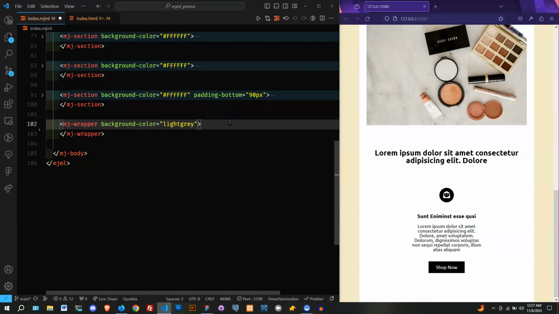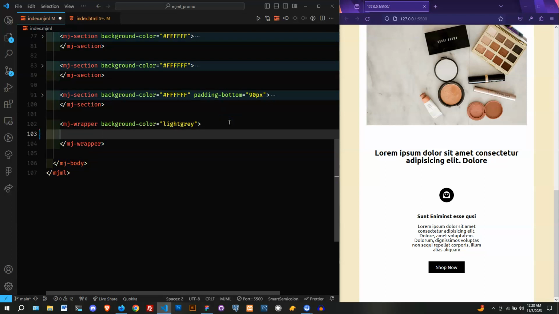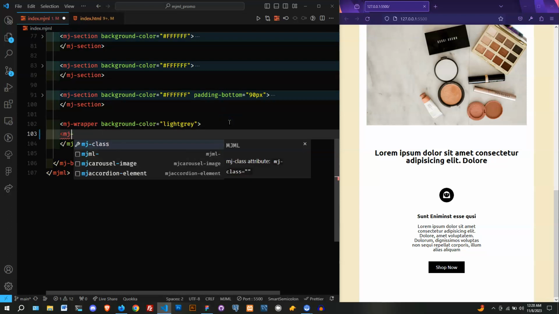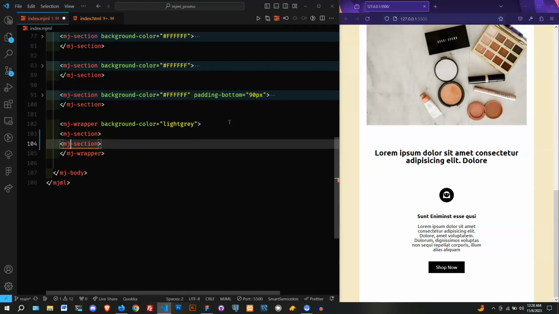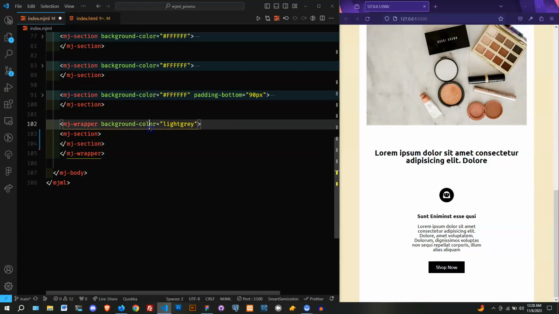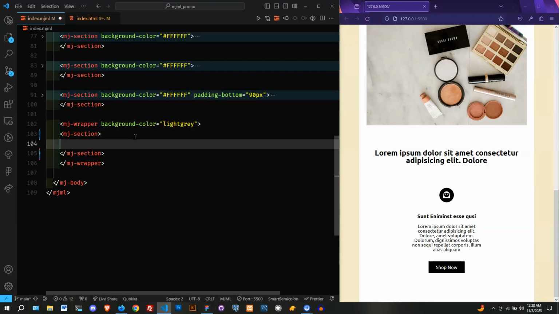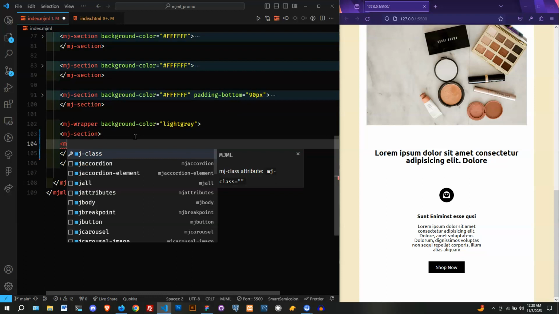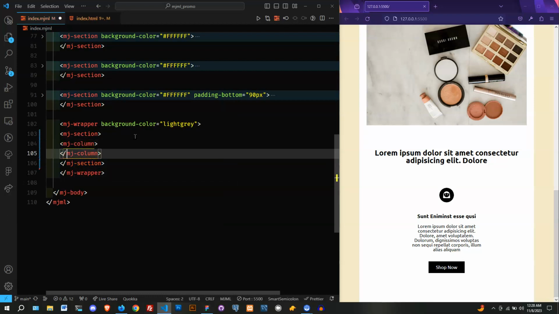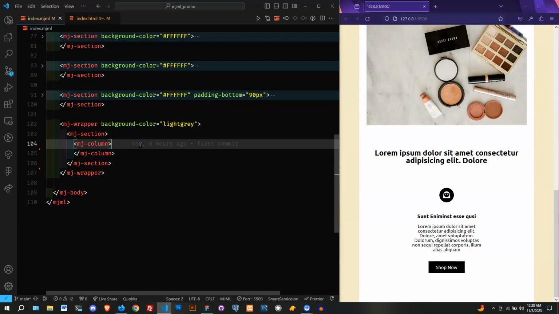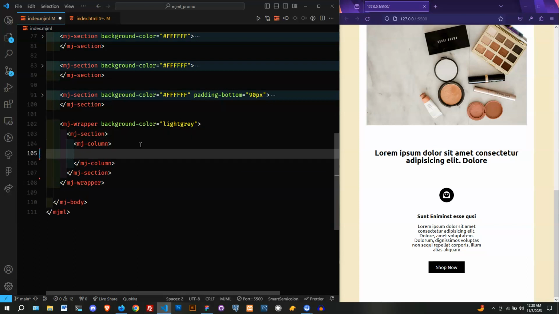We got that wrapper. We're gonna put a section. We're gonna put a column. And in this column, we're gonna have NJ Social,